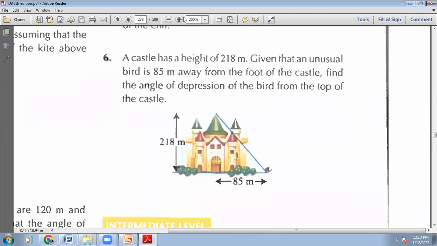So here we go. We have a castle with a height of 218 meters, given that an unusual bird is 85 meters away from the foot of the castle. Find the angle of depression of the bird from the top of the castle. Okay, so